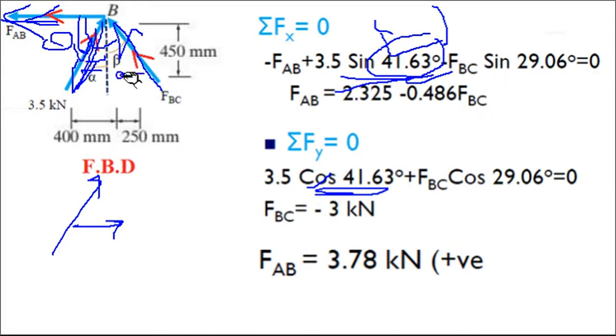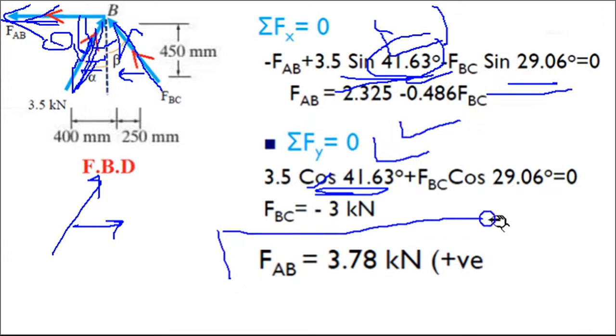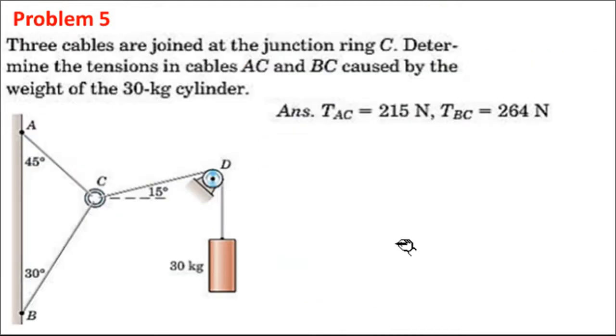Okay, so this one will be in the second quadrant, so minus FBC sin of 29.06 or cos of 90 minus 29.06 equals 0. You will get the first equation. Similarly calculate Fy. Solving this you will get the value of FEB. Okay, so in this way you have to solve problems using conditions of equilibrium, and this particular problem will be for your homework. You just go through this, or even on the next page I have solved this.